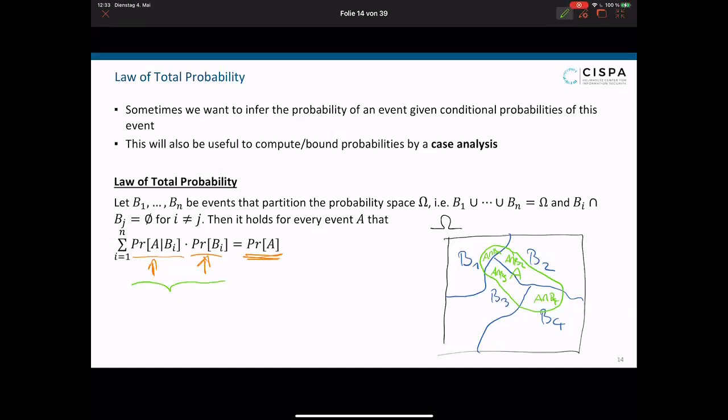If we rewrite that by the definition of conditional probability, this is just the probability of the event A intersect Bi. Okay, so